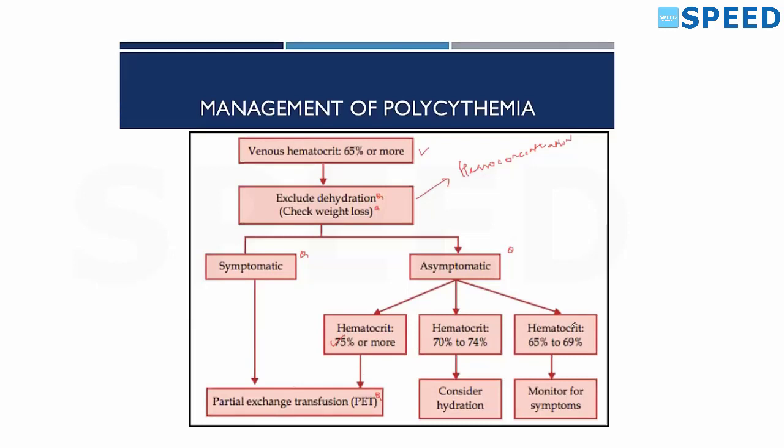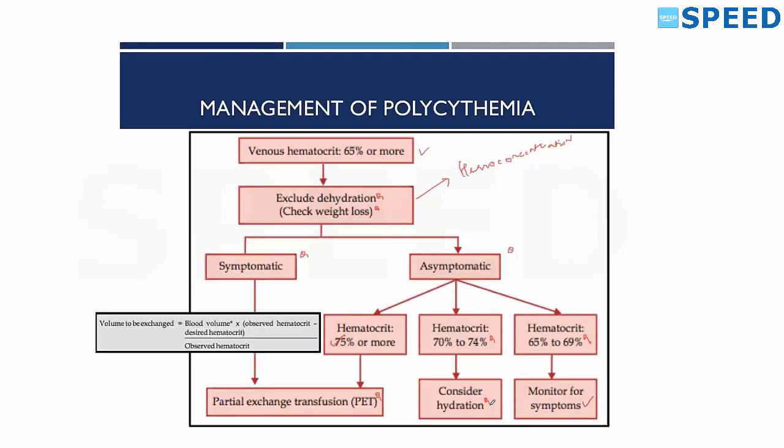If the patient is having 65 to 69% hematocrit value and the patient is asymptomatic, just monitor for symptoms and keep quiet. If the patient does not develop symptoms, ensure adequate breastfeeding, everything will be fine. If the patient is having polycythemia in the absence of symptoms but is on the higher side, that is 70 to 74%, now here you can start considering fluid supplementation or giving IV fluids to the baby. So this is in brief regarding management of polycythemia.